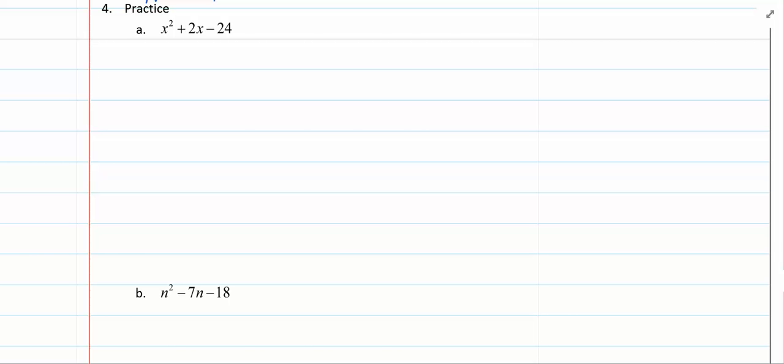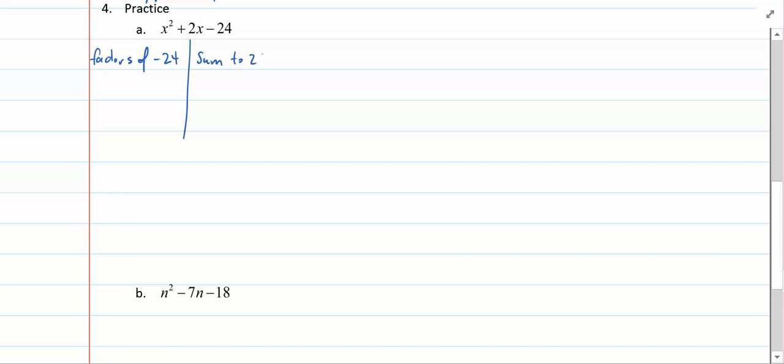In this second video of day 25, I want to practice with two more trinomials. In each case, the trinomials have c values that are less than 0, or negative. When we're factoring these trinomials, we must first find factors of the last term. In this case, we have factors of negative 24 that we're looking for that also sum, or add, to equal